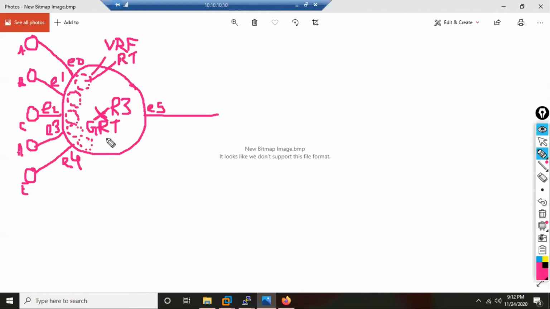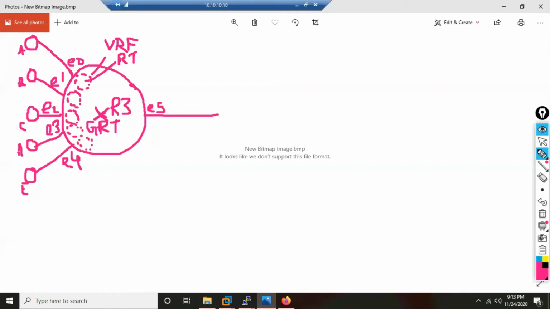And by default, all the interfaces of any router, they always belong to where? The global routing table. If you do show IP route, and if the interfaces are up, you have done no shutdown, and if the interfaces have some IP address, you assign some IP addresses, what will you see? You always see what? Directly connected.